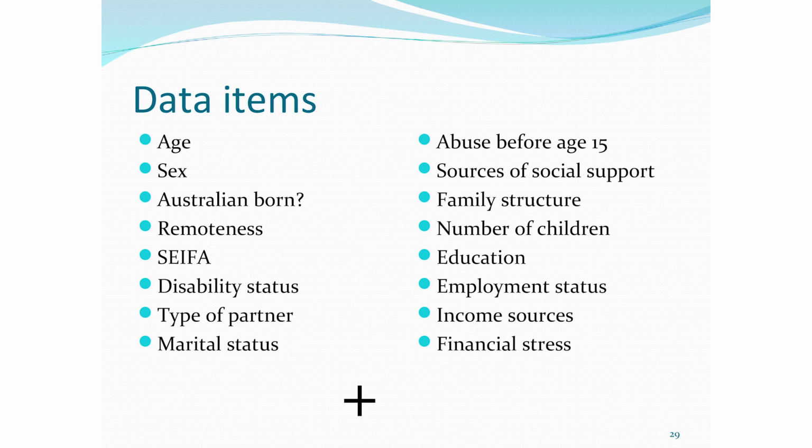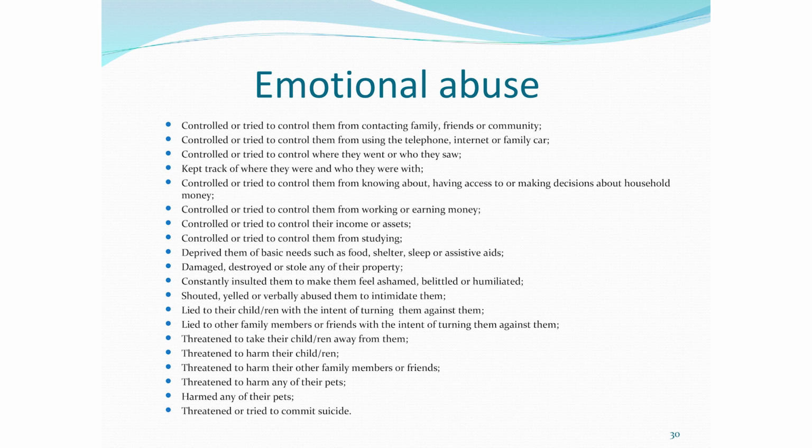So in addition to all these factors which previous studies have shown to be significant correlates of victimisation, we also had one which, to the eternal credit of the ABS, they included, and that is emotional abuse. So the ABS has a wonderful list of factors which define emotional abuse. A yes to any of these constitutes emotional abuse, and so we're very lucky to be able to include that. If you're not aware of this, Canadian research and research from a number of other countries have found emotional abuse is a very good predictor of physical domestic violence. So there are the results.